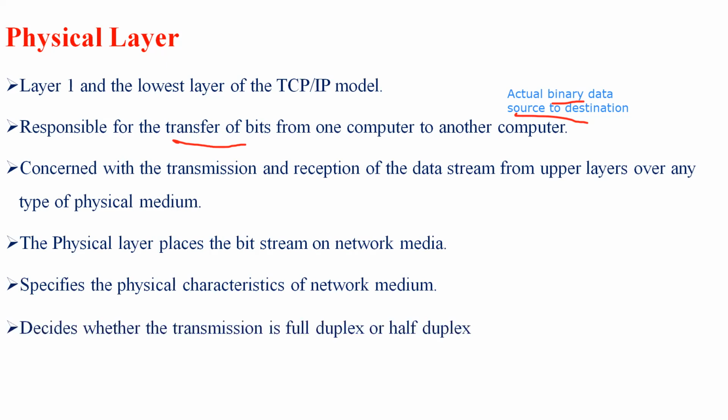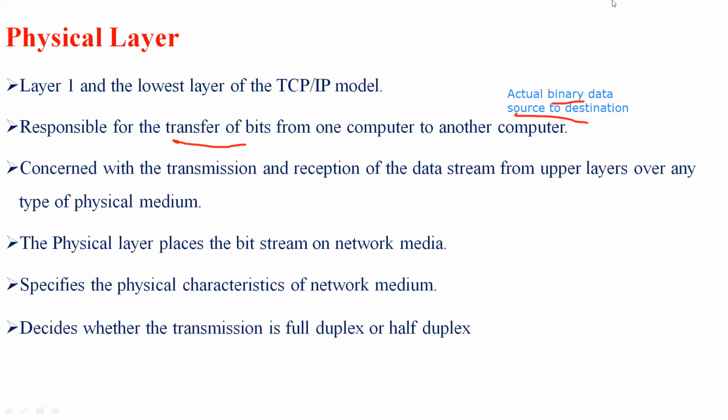By using this physical media, we also get to know whether the transmission is full duplex or half duplex. When I say half duplex, as from the last class, half duplex is nothing but, once we have a sender and a receiver, at a time both cannot send. Once the sender sends the message, then the receiver will send the message. With full duplex, both the sender and the receiver will send and receive messages at the same time. We have learnt about full duplex and half duplex in the previous sessions.